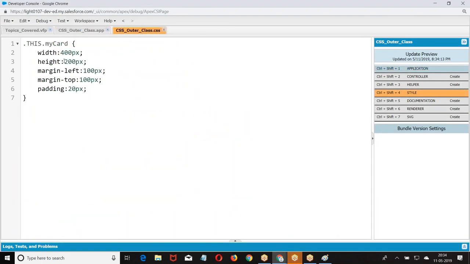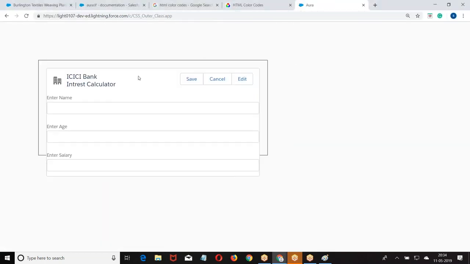So what I gave here: width I can increase to 600, height I can increase to 250. Then I told border pixel. Now look at the structure.